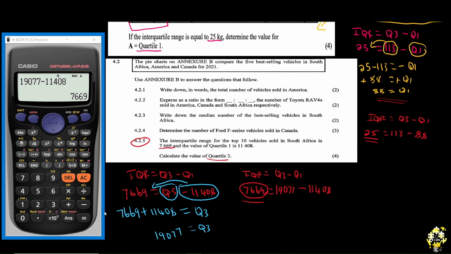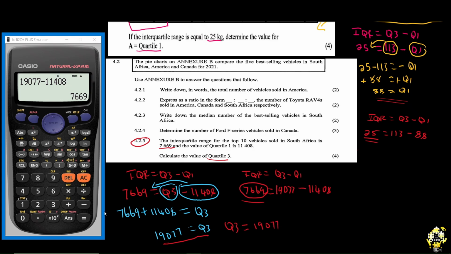And also, don't get confused. I know you're like, sir, why is your Q3 on the right and on the left? It's the number. We are not used to that. That's not traditional. Well, at the end of the day, if you want, you can simply write it as Q3 is equal to